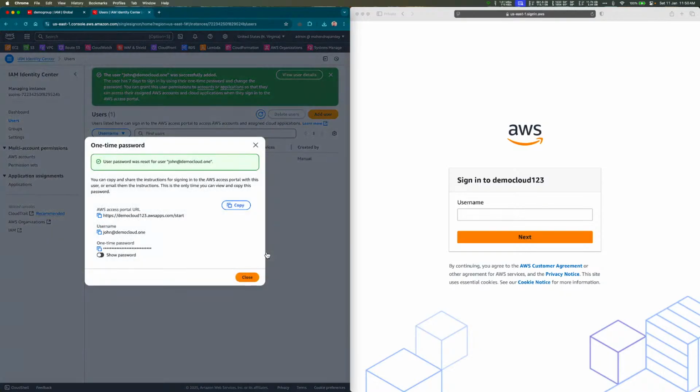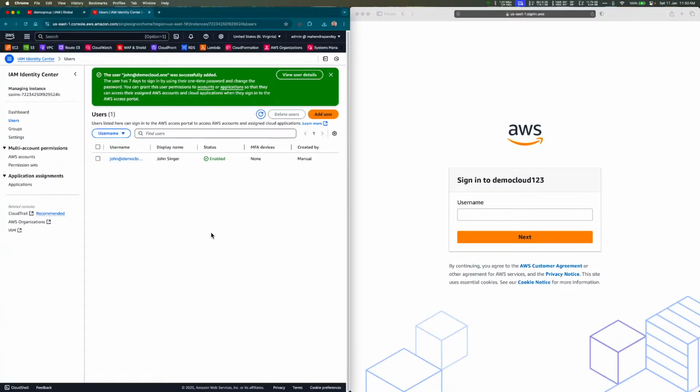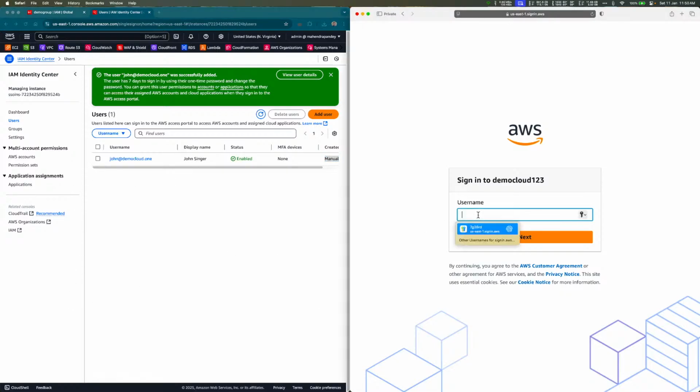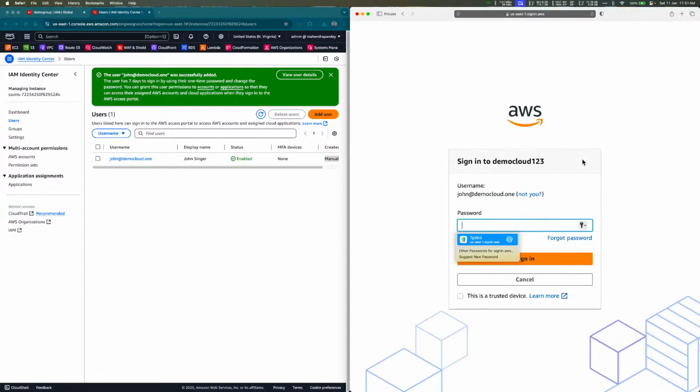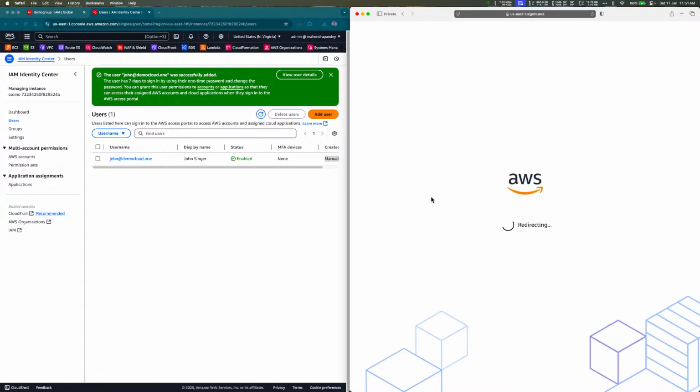Add user, and the user is granted one-time password. So let me copy that and close. Now you see created manually, right? Created manually. I want to log in here. Let's say the username. Next, asking for password. I'll enter one-time password. As soon as I do, it will ask me that you'll have to change